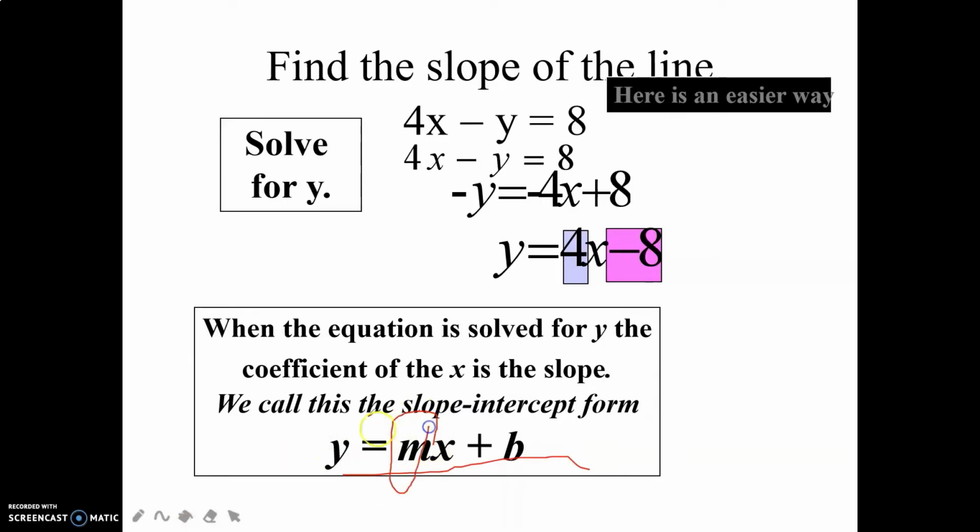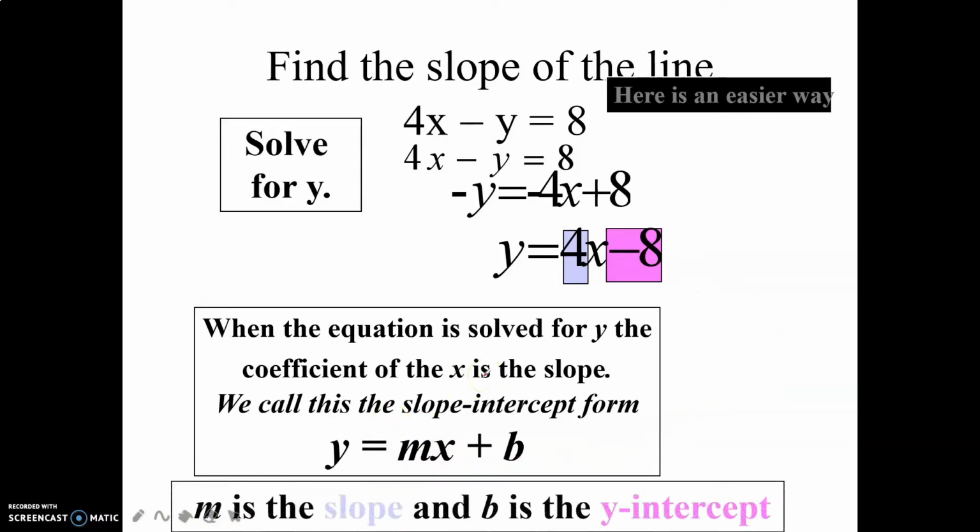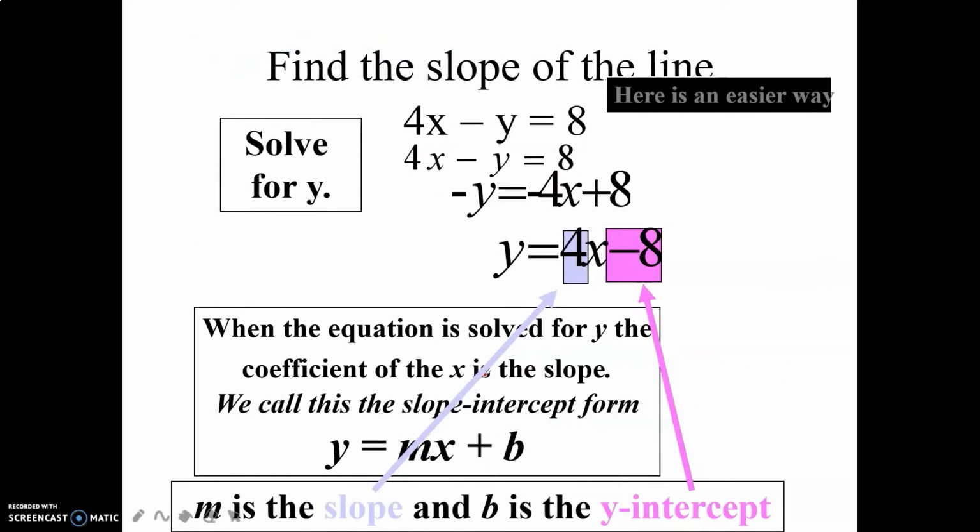Now, there is a so-called slope-intercept form, which is in the form y equals mx plus b, wherein our m, or the coefficient of x, is actually called the slope. So once the equation has been converted into the slope-intercept form, it is easier for you to identify the slope. So in this equation, we get m equals 4, and b, or the y-intercept, equals negative 8. Therefore, the slope here is positive 4. As easy as that. Whatever the coefficient of x is, that is your slope, only if the equation is already in its